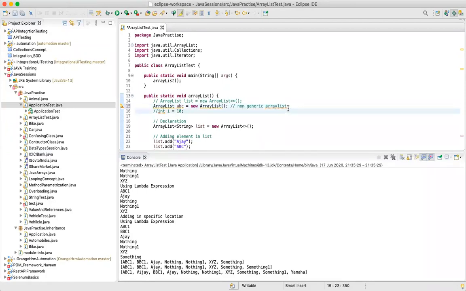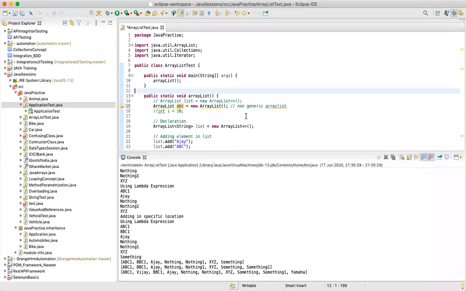So guys, this is a non-generic ArrayList, and when you add elements into a non-generic one as well, this will work. But let's assume you have added a couple of elements into this particular list ABC. Now, Java does not know which type of element you are adding into ABC, because we haven't specified any data types. So when you say ABC and add a string, and then you can add an integer. And then going forward, let's assume you want to store all the variables of ABC into a string, and there is a variable of type integer, then it would be difficult, right?